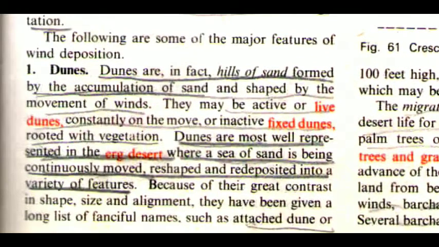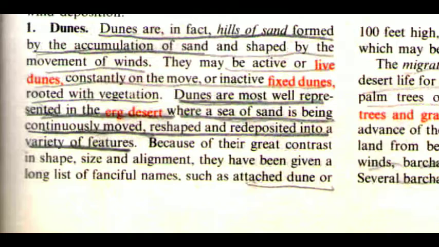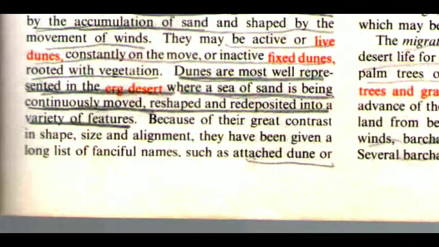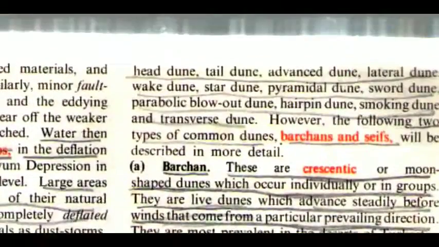The following are some of the major features of wind deposition. The first one is dunes. Dunes are in fact hills of sand formed by the accumulation of sand and shaped by the movement of winds. They may be active or live dunes, constantly on the move, or inactive fixed dunes rooted with vegetation. Dunes are most well represented in the Arab Desert, where a sea of sand is being continuously moved, reshaped, and redeposited into a variety of features. Because of their great contrast in shape, size, and alignment, they have been given a long list of fanciful names such as attached dune or head dune,